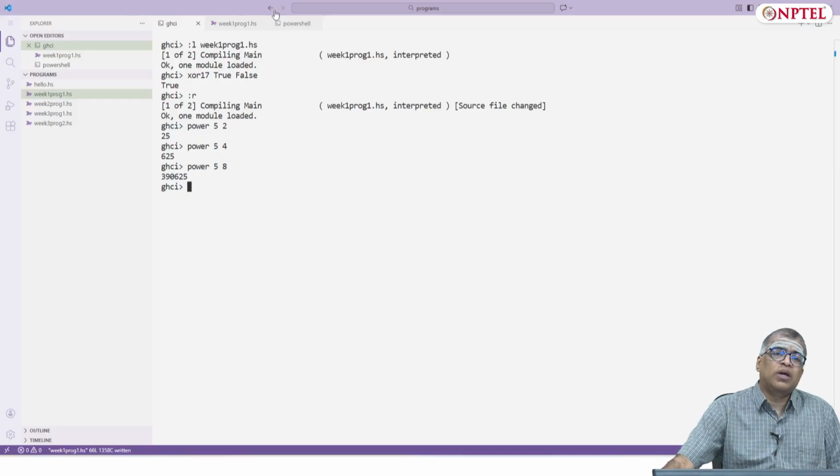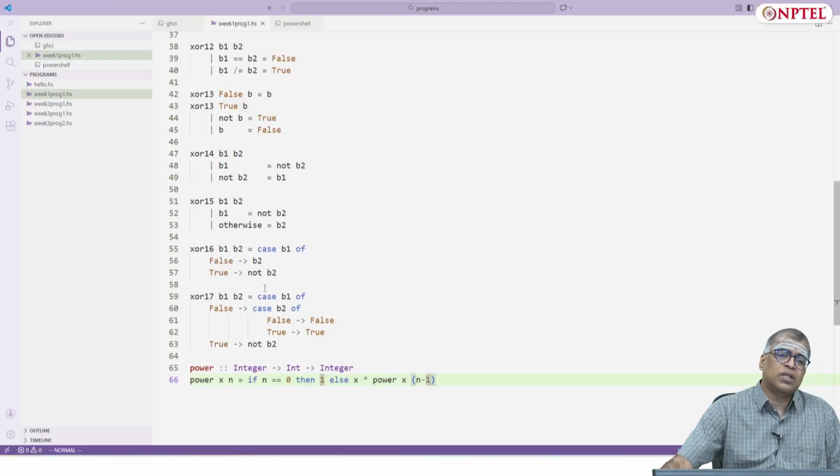Suppose I define it to be Int rather than Integer. Let's go and change it to Int rather than Integer.